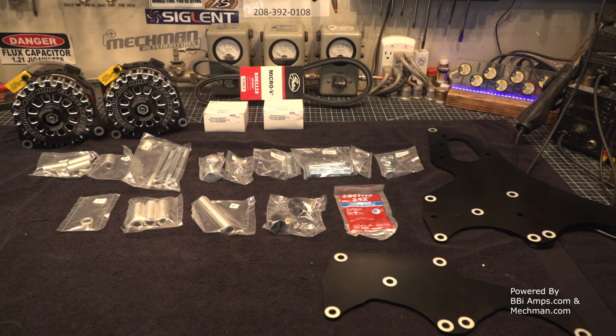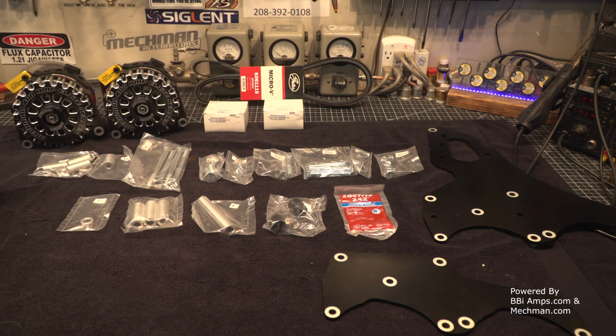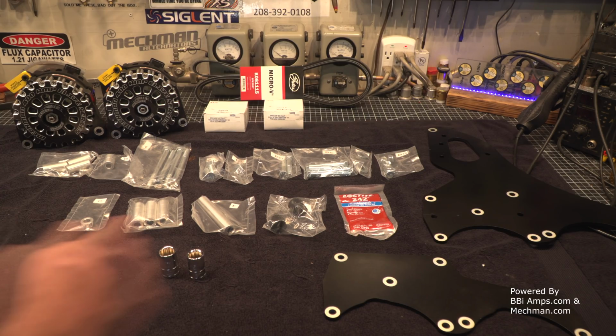Okay, so this is our complete part list that we have. I have the D200 bracket and my parts list is complete. I'm not going to go over all the different parts because it may vary from alternator install to alternator install. What I'm going to need for this is a 17 millimeter socket, a 15 millimeter socket, a number 6 Allen,